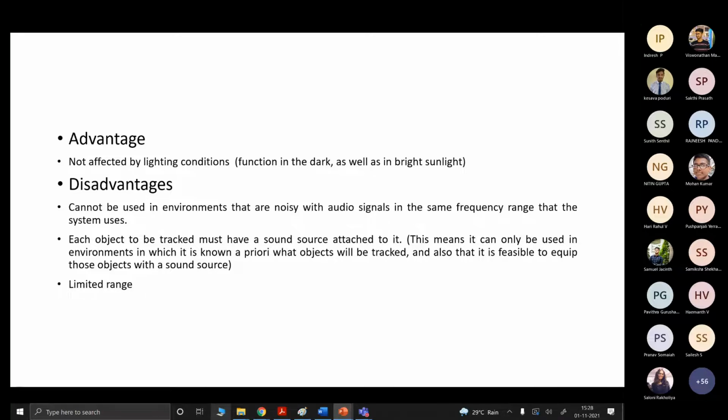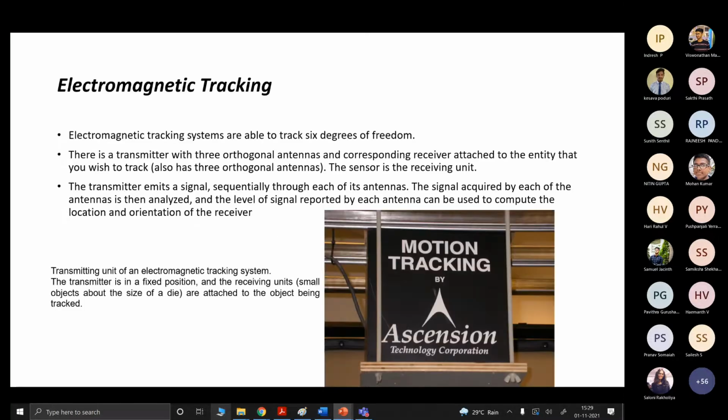Each object to be tracked must have a sound source attached to it, so we should be able to track each and every sound source attached to it. That will be a difficult task. And it will be applicable for a limited range of frequency only.